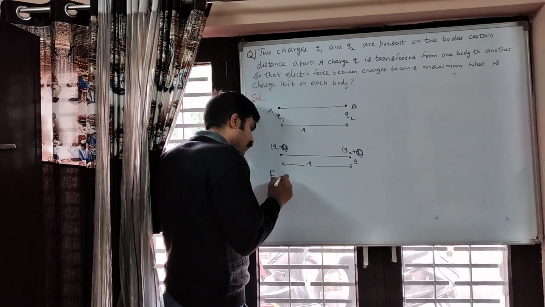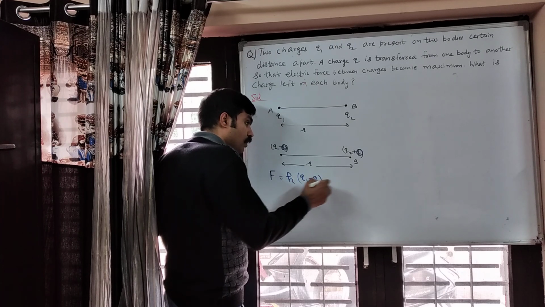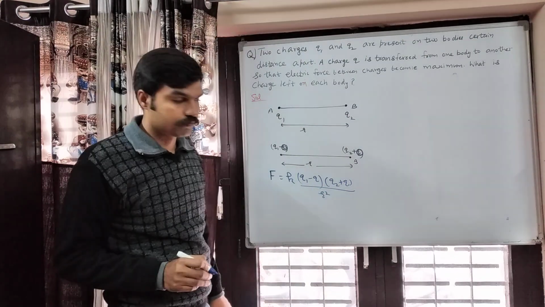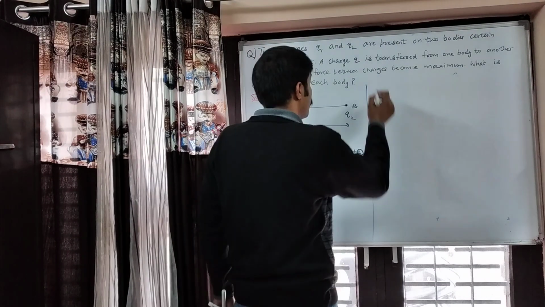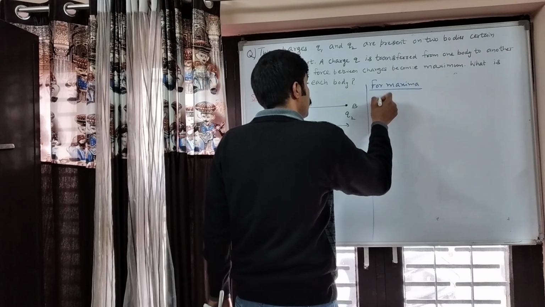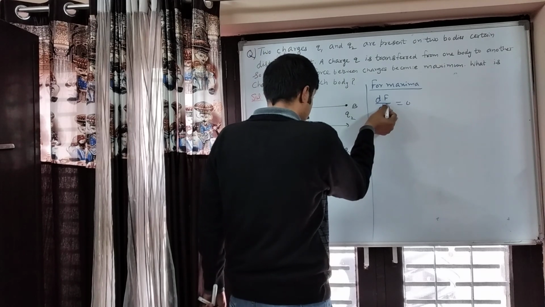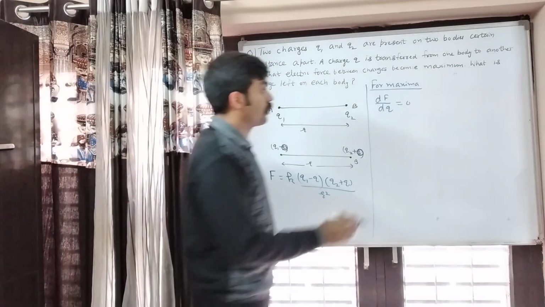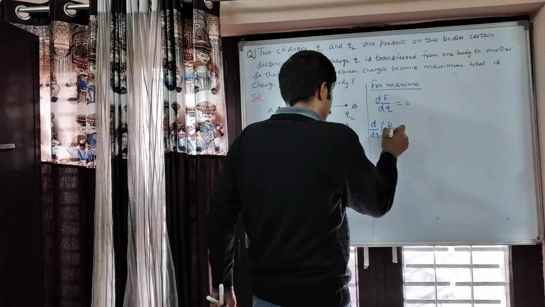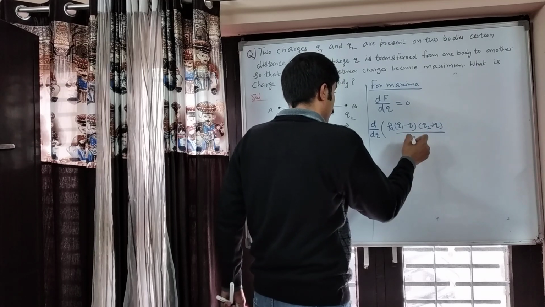Let us write the force. F is equal to K, K is 1 by 4 pi epsilon naught, Q1 minus Q into Q2 plus Q by R square. This is the force. So for maximum, dF by dQ should be 0. Note that we are not differentiating with respect to R. We are differentiating with respect to the variable. Variable is Q. So d by dQ of K, Q1 minus Q into Q2 plus Q by R square